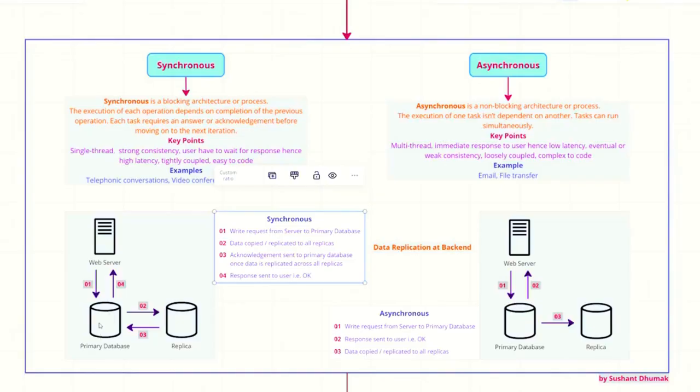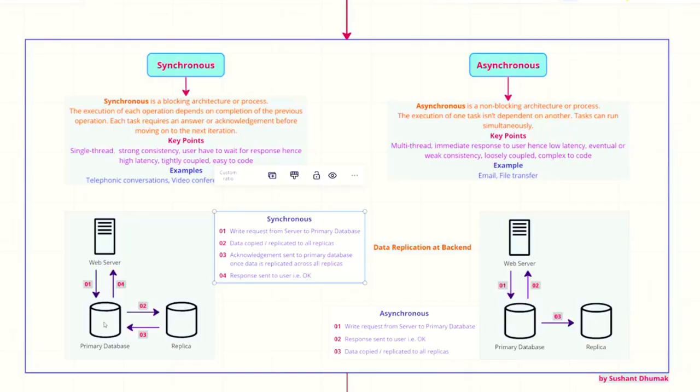Primary database will first write it to itself, and then it will copy that data to all the replicas. So here step number two is saying data copied or replicated to all replicas. Maybe there are two, three, or 10 replicas. Until all replicas have copied the latest data, there will be no response from replicas to the primary database. But once the data is copied, replica will send the acknowledgement to primary database, and then